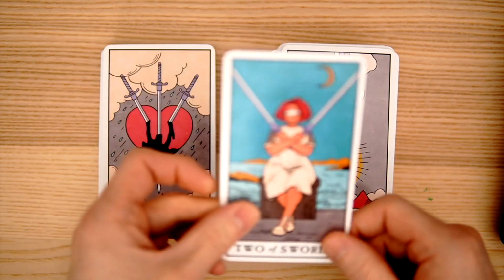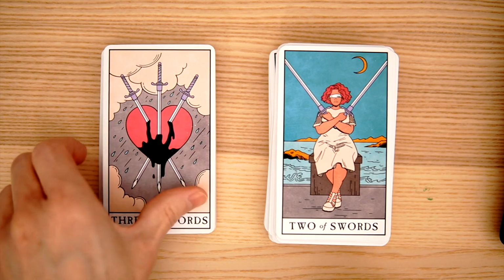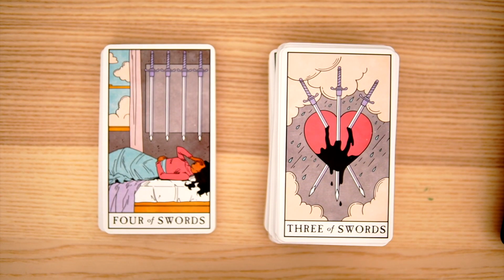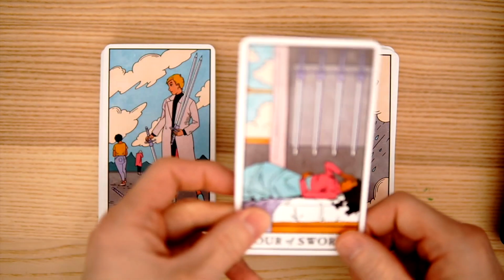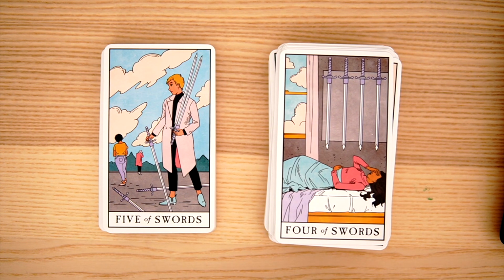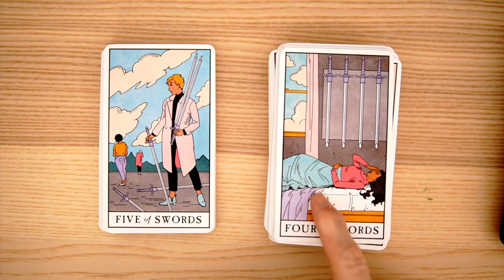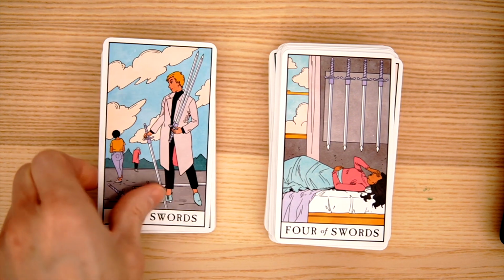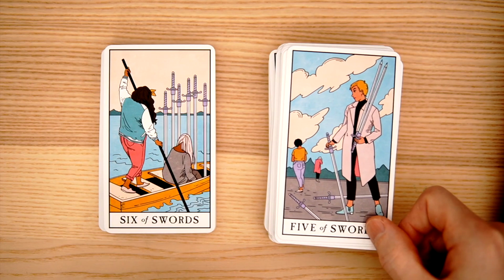And then we have the Ace of Swords. And the Two of Swords, again, traditional. Three of Swords is oozing. That's kind of interesting. Four of Swords looks a little more like the Nine of Swords, right? It's like we have a headache, we have bad dreams, the covers are ruffled, the bedding is ruffled, and then